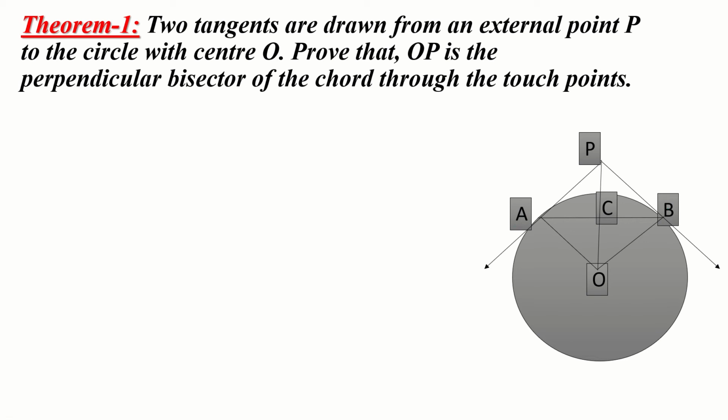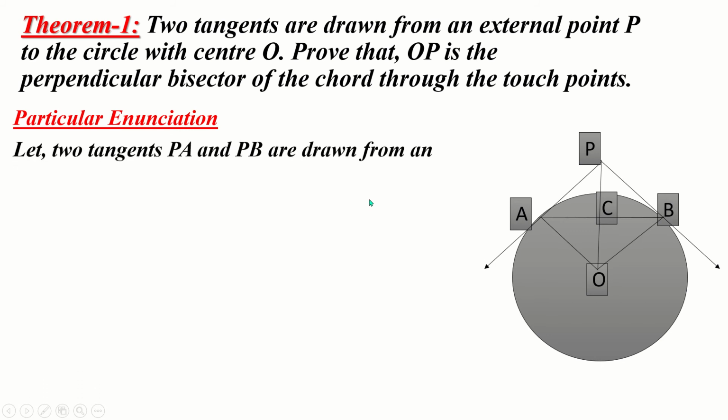Okay, that means perpendicular bisector means the angle will be 90 degrees. That means this angle, or this angle, or this angle, or this angle will be 90 degrees. And also we have to show AC equal to BC, because perpendicular bisector means it divides into two equal parts. Clear? Now the particular enunciation explanation: here PA and PB are drawn from an external point P to the circle